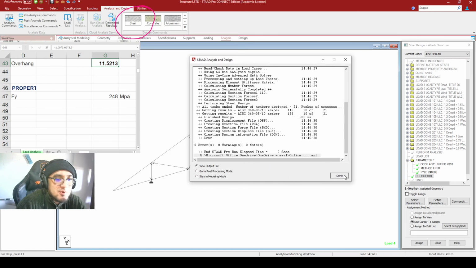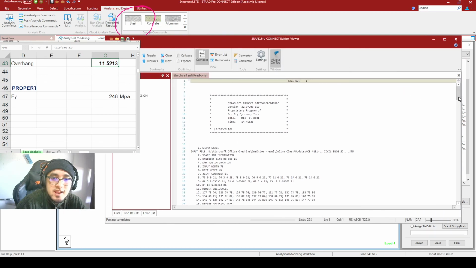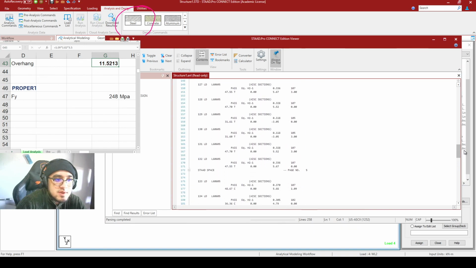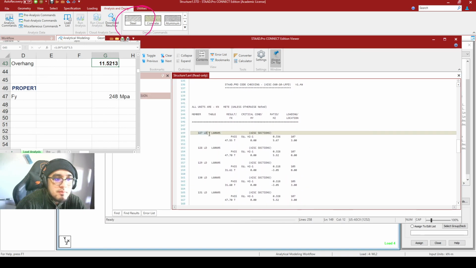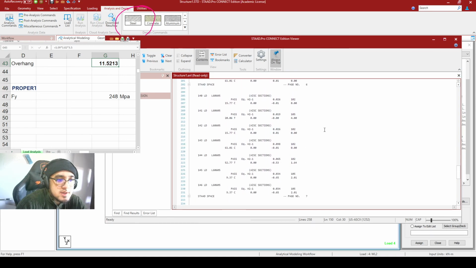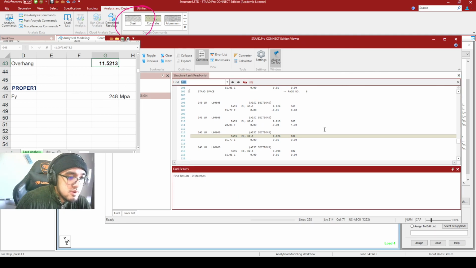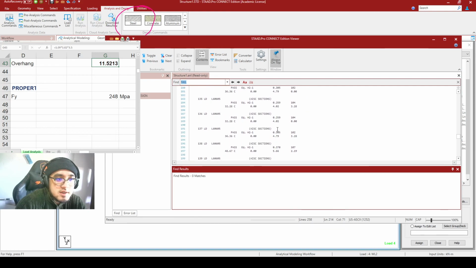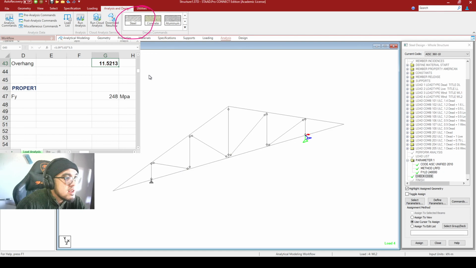Okay, so here we go. So ito na yung output file natin na bago. So if you would be scrolling down, ito na yung mga members natin, no? So puro pass siya. Parang kayo disem, puro pasado, no? So puro pass. Check natin kung may fail. So basically guys, wala nag-fail. So dapat kayo din. So wala nag-fail sa sections natin, wala din dapat mag-fail dito sa section natin sa mga